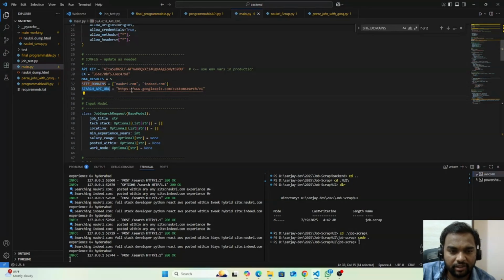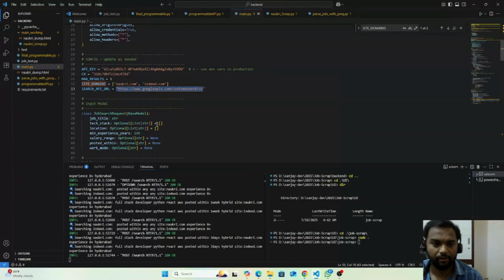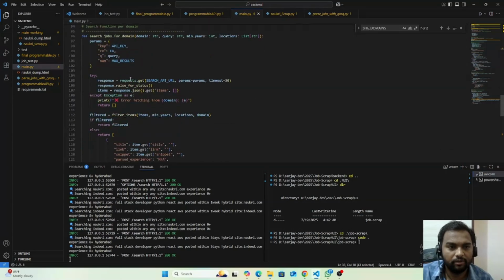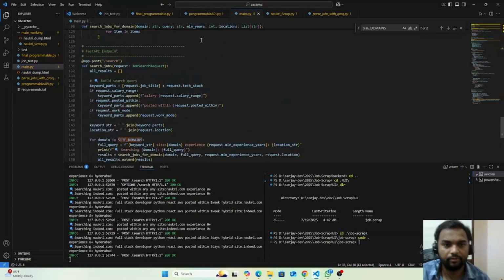This is a search API which goes to the Google Programmable Search Engine. With the help of this tool, I'm getting all the data. And this is my code which helps me produce the result.